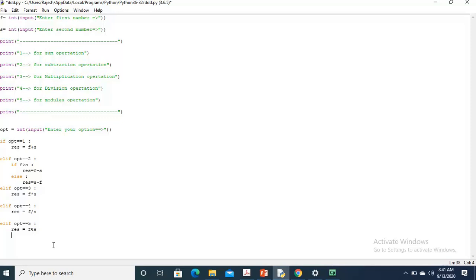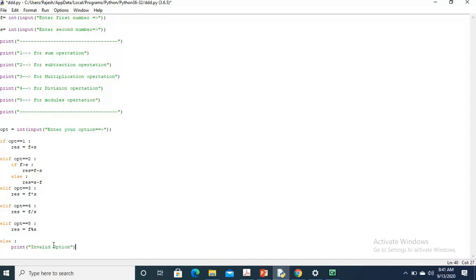And now finally, if the user enters beyond 5 or any other number instead of 1, 2, 3, 4, 5, then the else will be applied. Here I will say print invalid option.